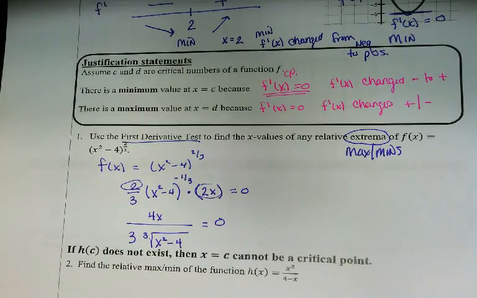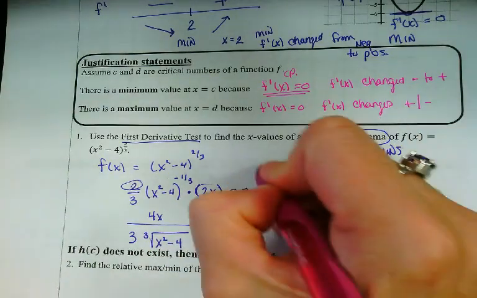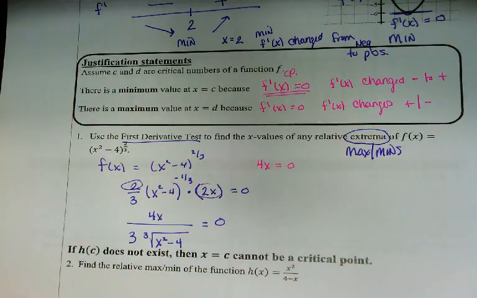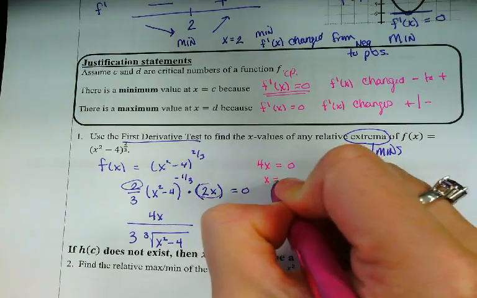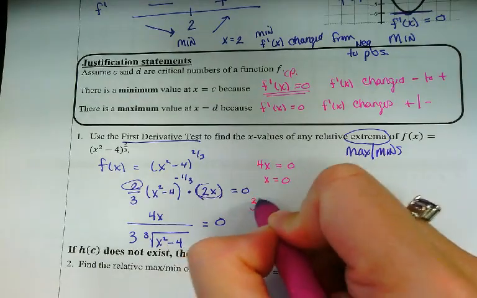Okay, so when we set the derivative, the critical point again, we set the derivative equal to 0. If I have a fraction, I also have to check the undefined spots too. So when I have that fraction, I'm setting both the numerator and the denominator equal to 0. So when I set the numerator, I just get 4x equals 0, or x equals 0. Okay. And I'm going to set the denominator